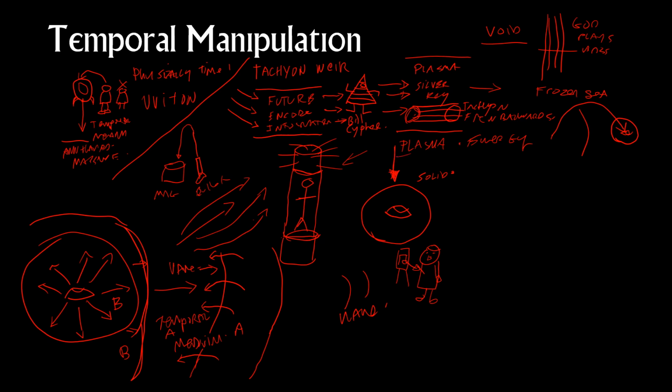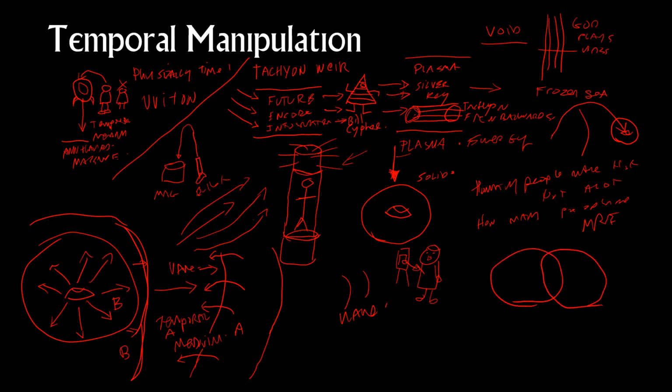And you're going to have to look at, okay, how many people make history? And that's not a lot. And then how many people have an MRI? And so that's your Venn diagram, right? So it's going to have to be MRI and important,